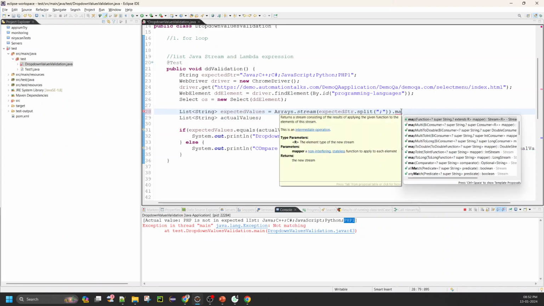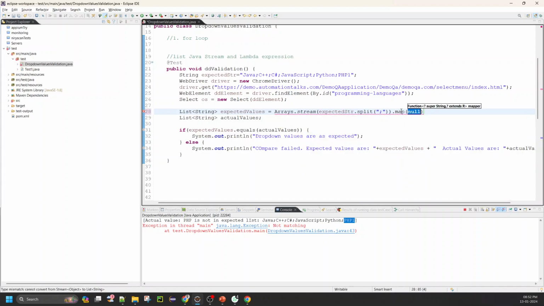There is an operation called map, which is an intermediate operation. Again, I'll talk in a bit more detail about this. I'm going to use map. Now inside map, you see it accepts a function. So this basically accepts a lambda function or lambda expression. I'll talk about it, but for now, what I'm going to do is use